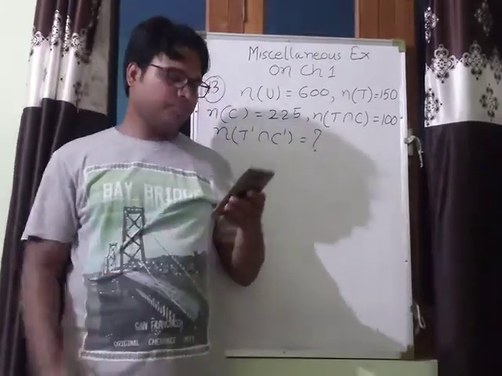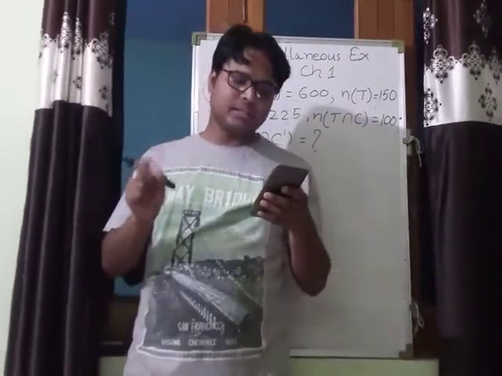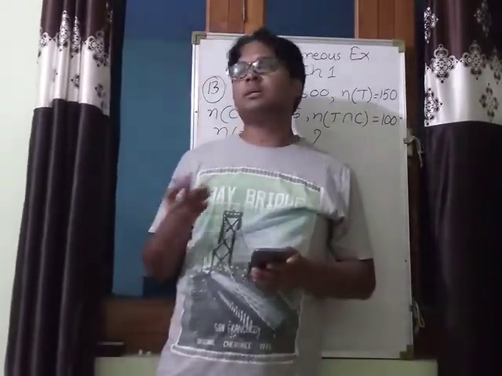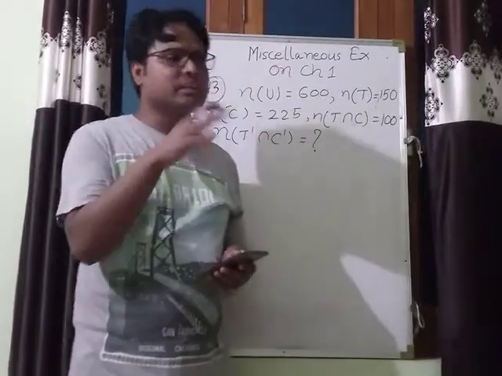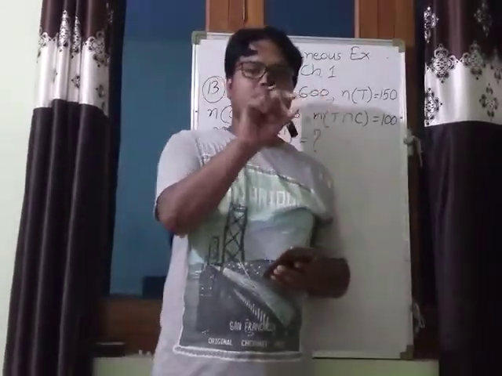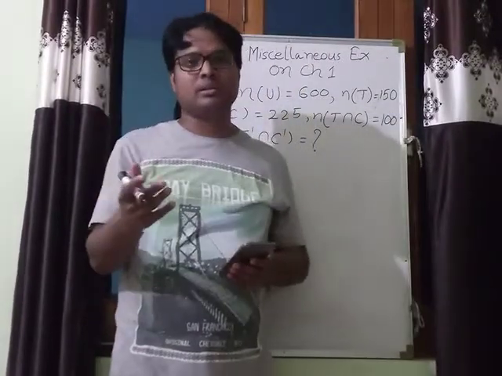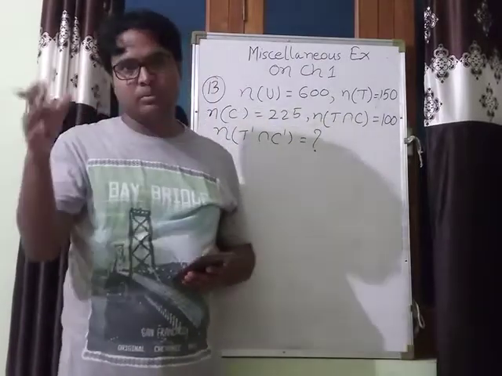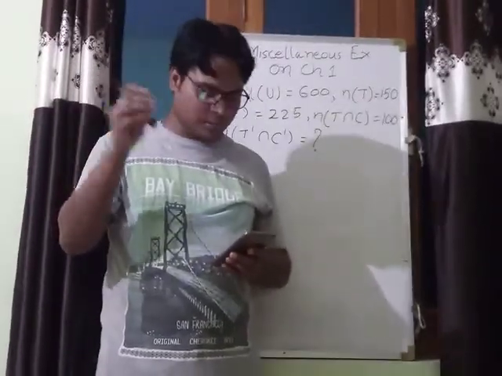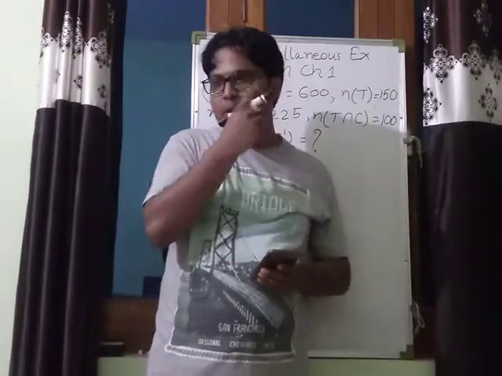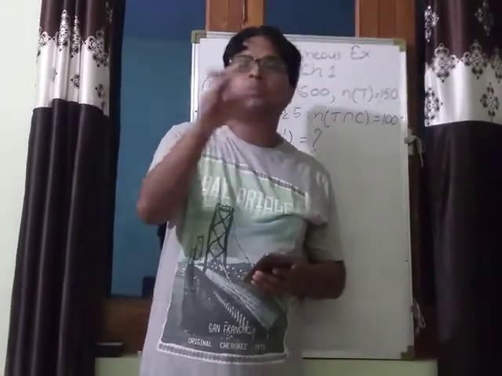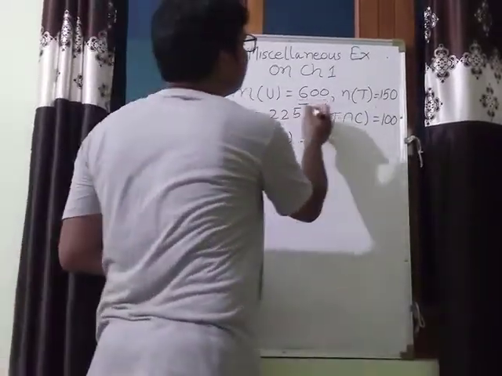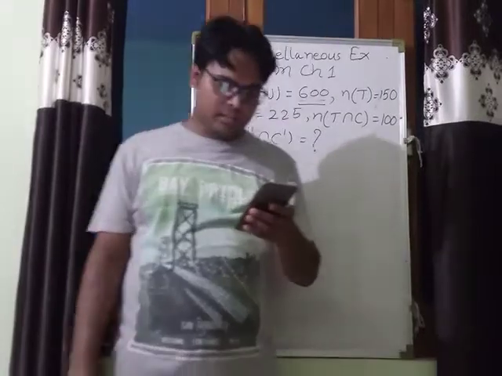Question number 13 is: in a survey of 600 students in a school. See, we had already discussed that in any question, if the statement is in a survey, then the number of elements in the survey will be the number of elements of the universal set. Okay, so the number of elements in the universal set will be 600, and